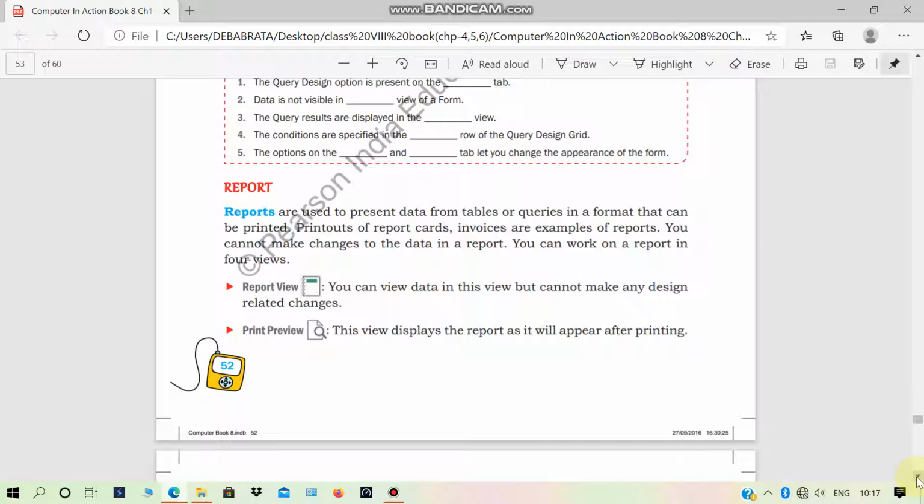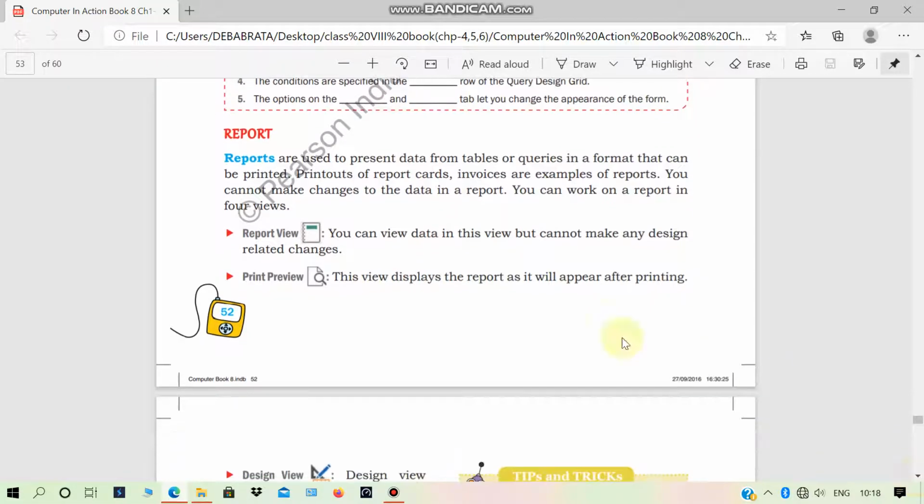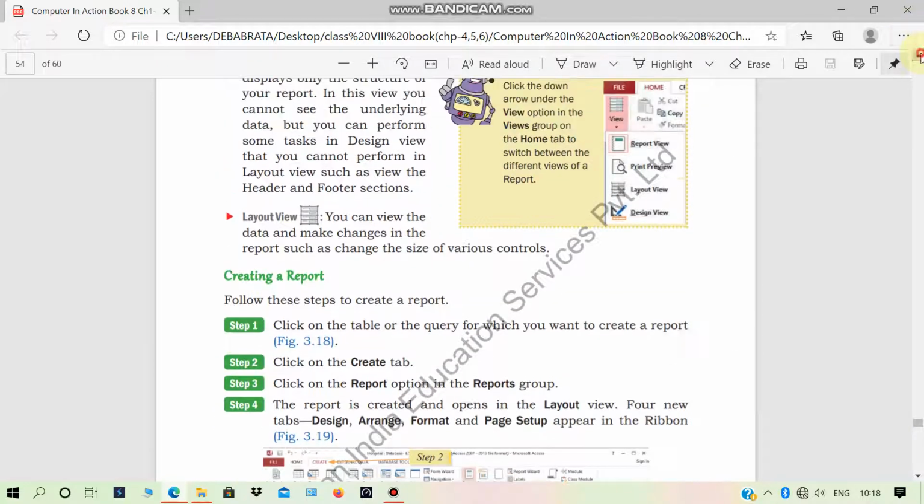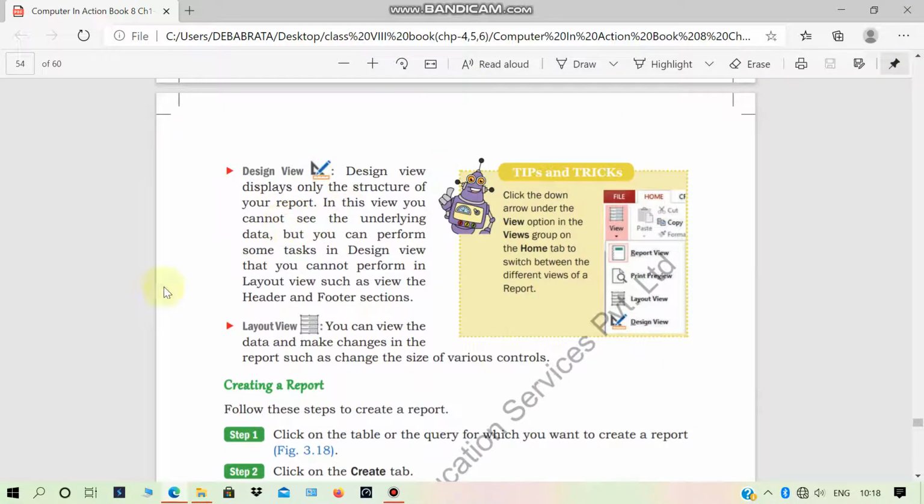Report can be created by using the create tab. Before that, how many views are there with report? Let's see. You can see student, there are report view, print preview, then design view, then layout view. These four views you can have.